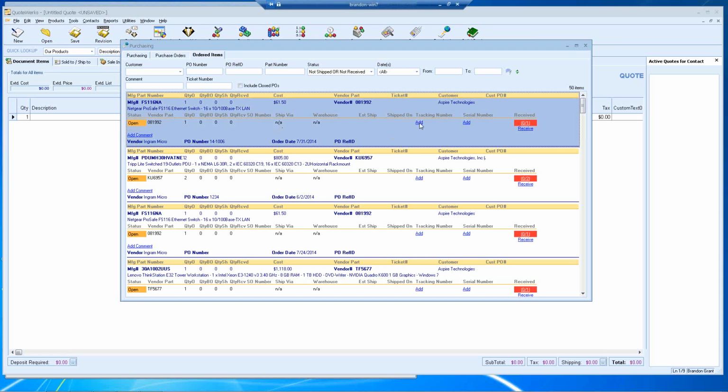And you'll see it has the same functionality as the Purchase Orders tab, where you'll be able to add the tracking number, add the serial number, mark them as received. So if you do put that information here, you can. This one also is going to include comments. So if you want to add a comment, you can use that as a note saying, hey, went ahead and installed this or delivered it,